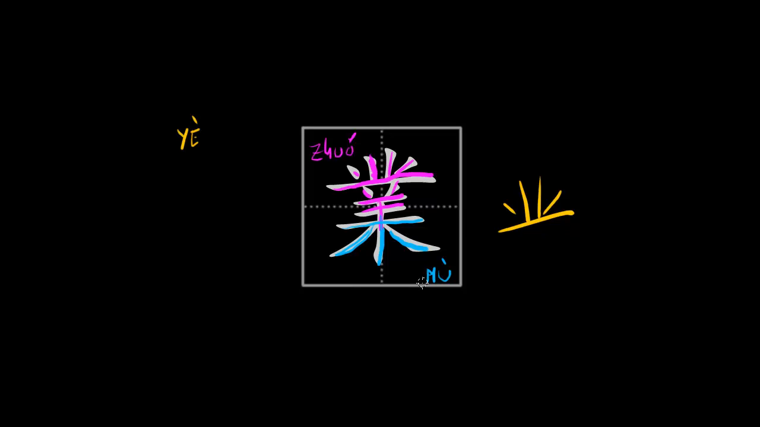Mu can be found, for instance, in words like 木头, which means wood, but mu as the meaning of a tree does not appear in Chinese today, if I'm correct. It used to have the meaning tree in classical Chinese, but not anymore. Tree today is 树